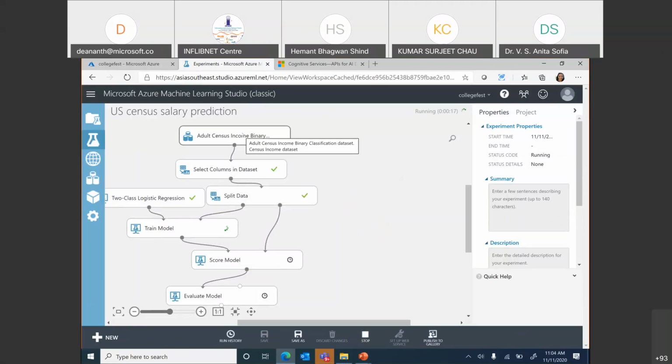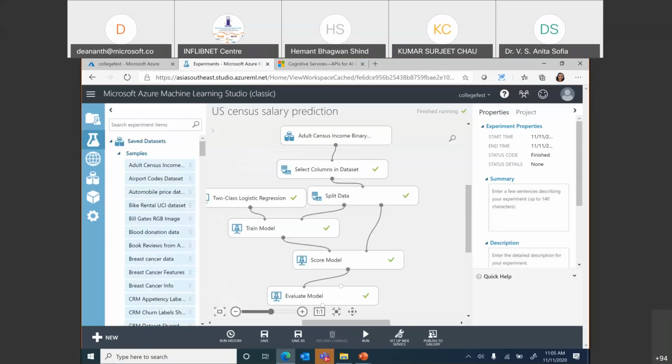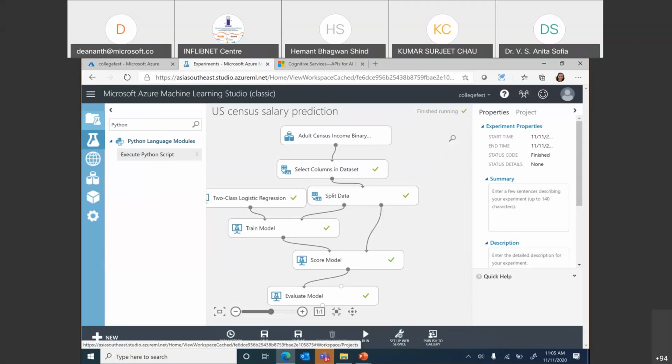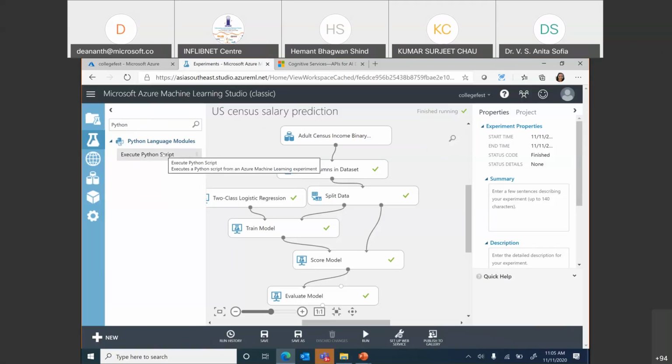We didn't define what compute machines we want to use, CPU, GPU, 100 cores, 200 GB of RAM, and so on. We didn't do that, because this is a service available out of the box, you don't have to worry about any of those. So the amount of data that you can train this on is pretty large. While we are talking about this, let me show you. There is R language, so you can create an R script or execute an R script from here. And we also have Python language. You can execute Python scripts. So it's going to be pretty good.